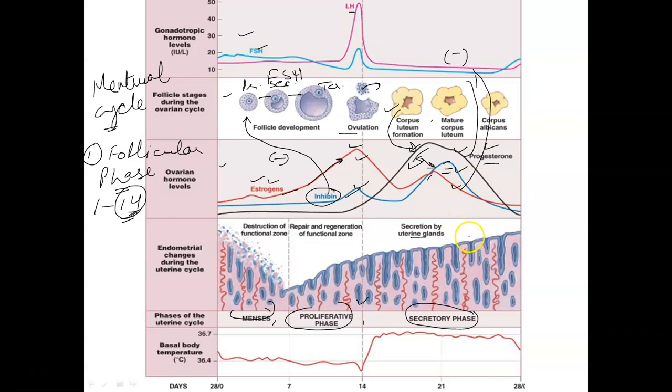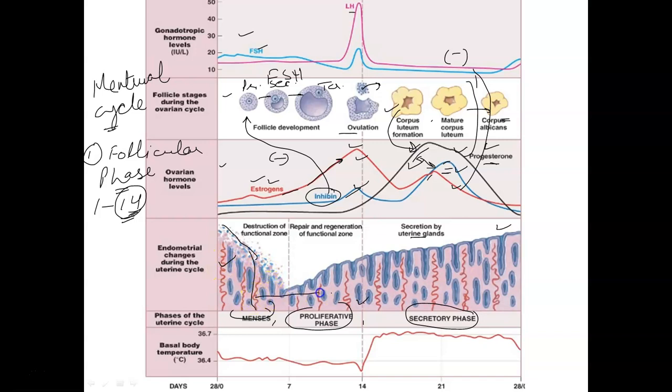But if it is not required, in case fertilization does not occur, the corpus luteum will degenerate. It will change into corpus albicans. When the corpus luteum degenerates, the progesterone level goes down. The same, estrogen also goes down, inhibin also goes down, and the uterine membrane cannot maintain itself, and it will shed in the form of bleeding, which we can see in the first to 5 days. That is the menstrual phase. So in the first to 5 days menstruation occurs.